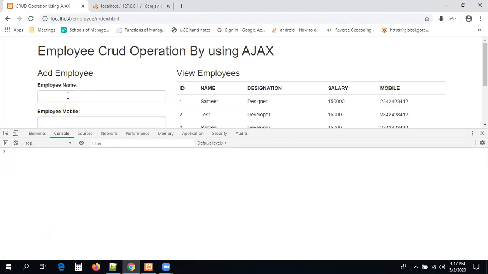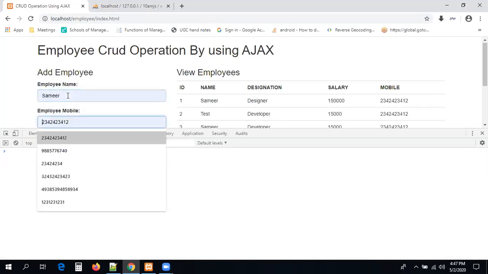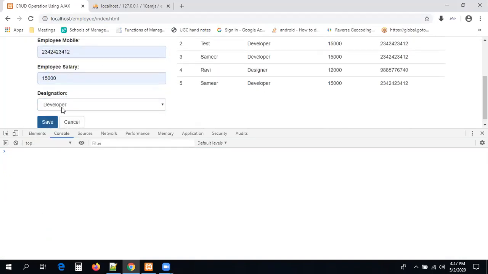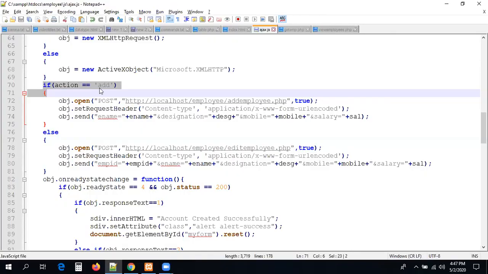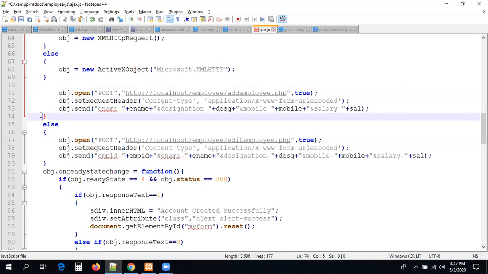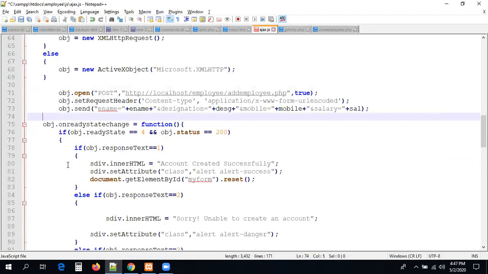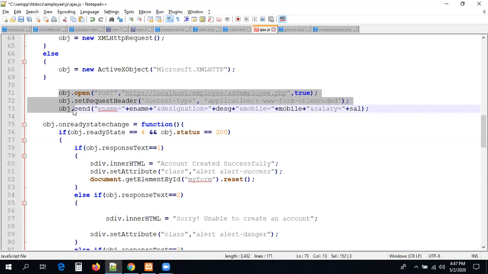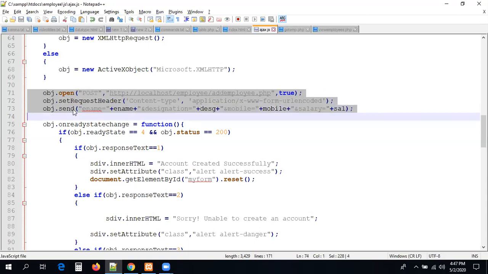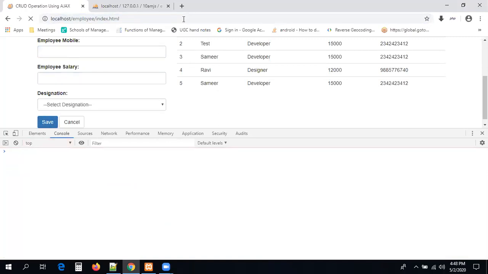Now I'm going to submit the data. Let's enter some data and save it. Now again, action is not defined, guys. One minute, please check it. Actually, I had written some code here. Let me remove this code, as it is not required right now. I had implemented the edit operation, but that is not required right now. So this is adding data. Let us see it first. I think it works now.